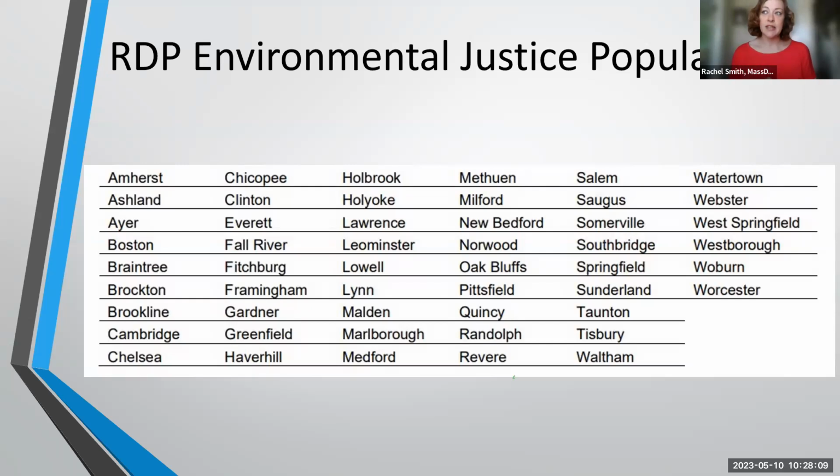If you earn less than 10 points for RDP and you're not an EJ population, you get a smaller payment. You only get the full payment if you earn 10 points or more, or if you're on this list, you get the full payment no matter how many points. So you'll still have an opportunity to get grants. It just might look a little bit different depending on what options you have implemented. So I hope that helps.